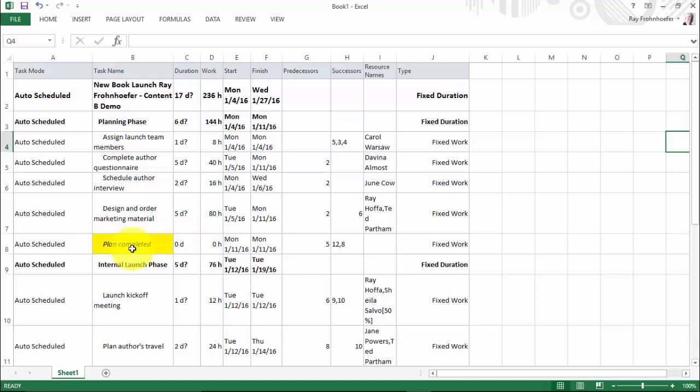So this is very useful because now I can take any data tables from MS Project and copy and paste them into other tools, which might be useful for creating reports, analyzing data, and so on.